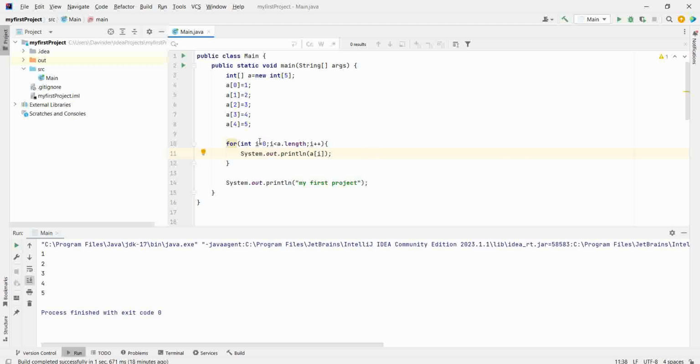It means when i is 0, it will print a of 0, which is 1. When i is 1, it will print a of 1, which is 2. Similarly, when i is 2, 3, 4, when i is 4, it will print the value of a of 4, which is 5. Let's see the output here.